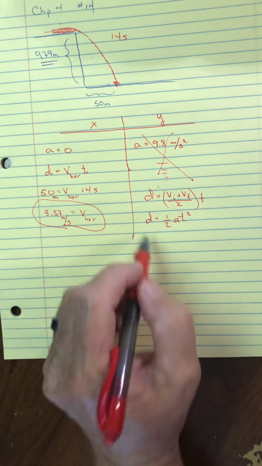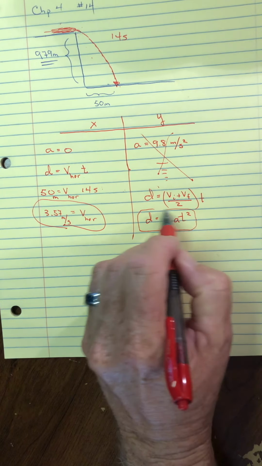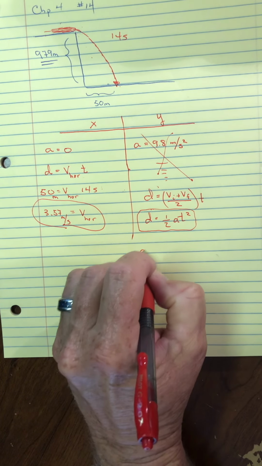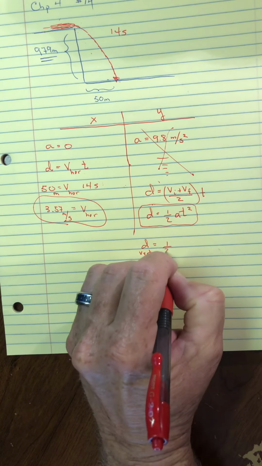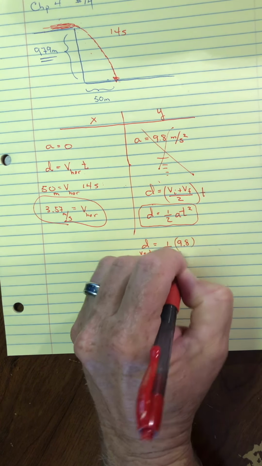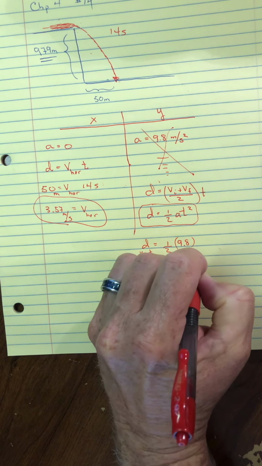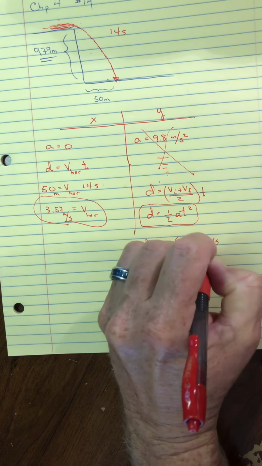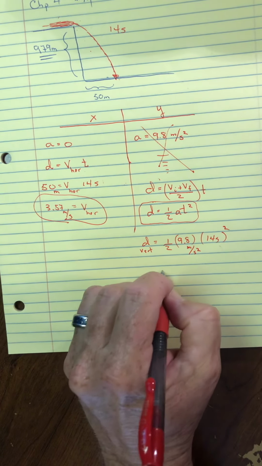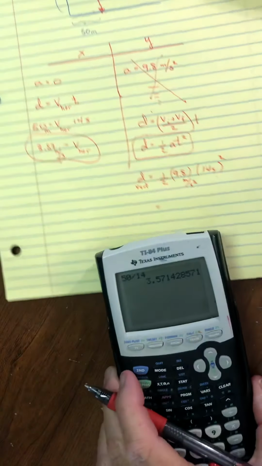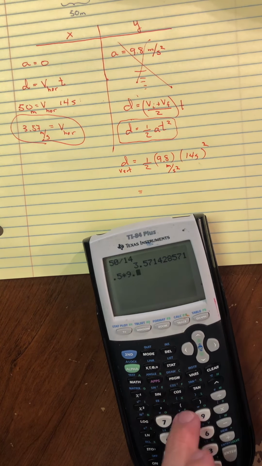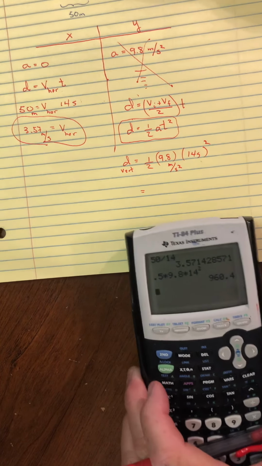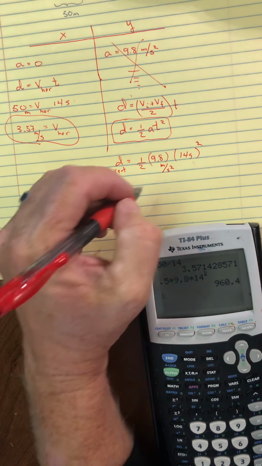But having no initial speed is what this equation was all about, so let's use that one here. Distance in a vertical direction would be 1/2, and the acceleration is 9.8 meters per second squared, and it's for 14 seconds. So in a vertical direction, 1/2 times 9.8 times 14 squared would tell us that it would drop